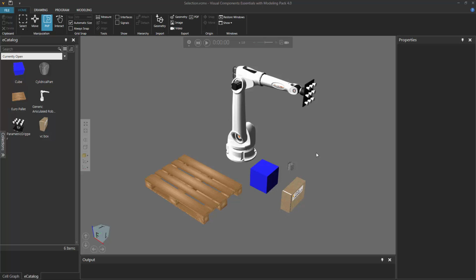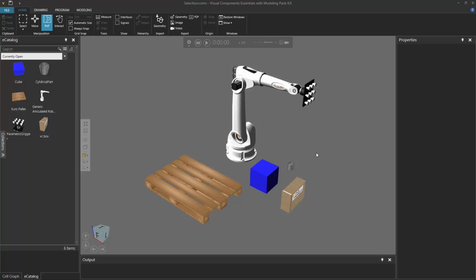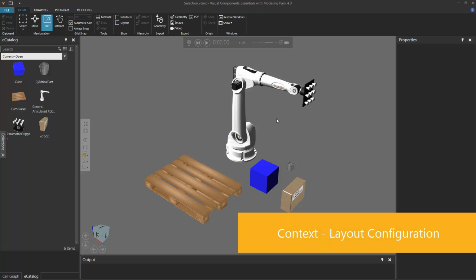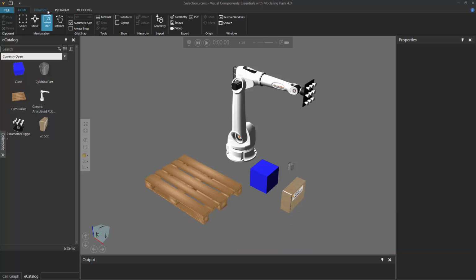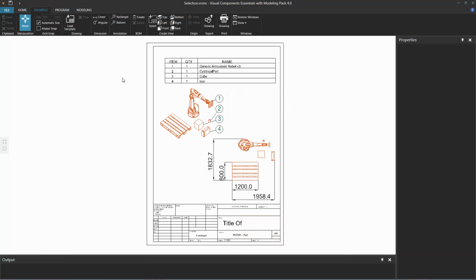In this video, I'm going to show you how to select objects in the 3D world. Now, the context of your workspace determines what objects in the 3D world you can select. For example, right now I'm using the Home tab so I can select components in the 3D world, but if I click the Drawing tab, I can now see the Drawing world and I can select drawings, templates, annotations, and